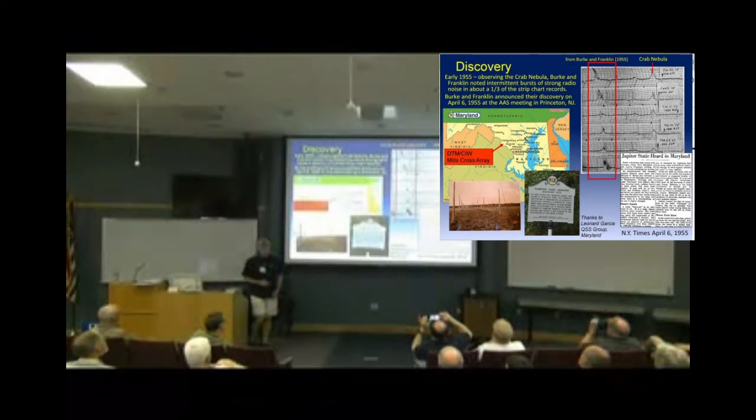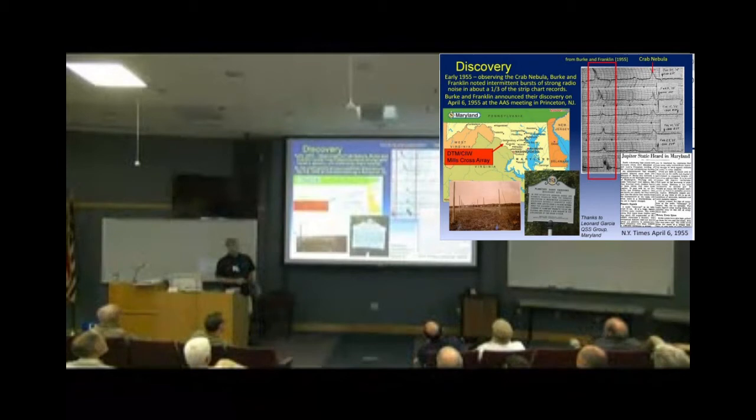They went back and looked at their records and realized that this interference was drifting in time at the sidereal rate, the sidereal rotation of Earth. So this is star time, essentially. They went back and looked, and the only thing in the beam of the antenna at that time was Jupiter. So they realized that they were actually observing